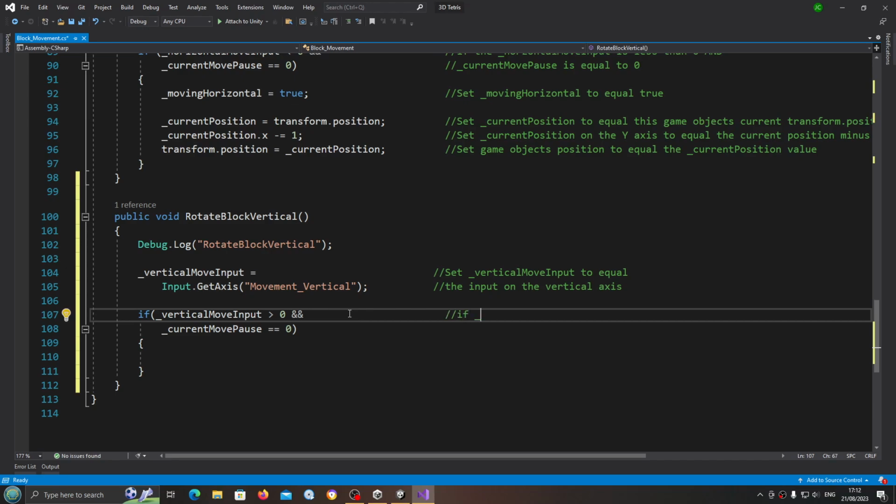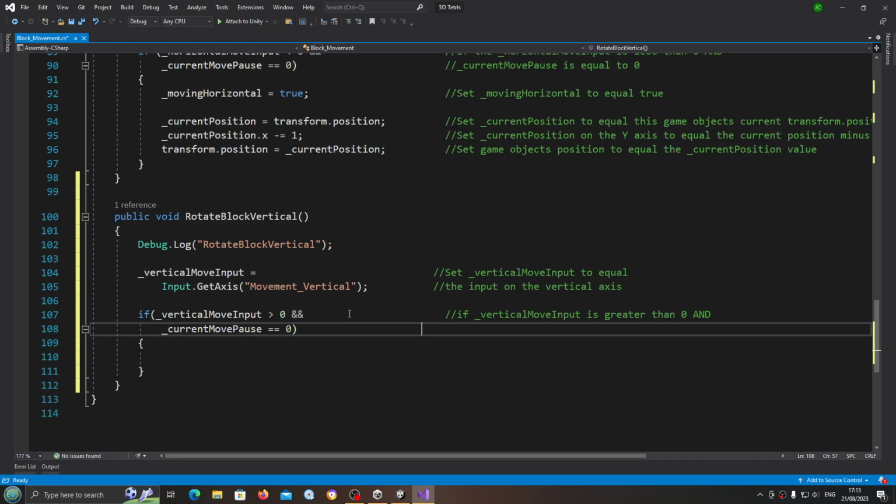So let's put this into the comments. If vertical move input is greater than 0 and the current move pause is equal to 0,